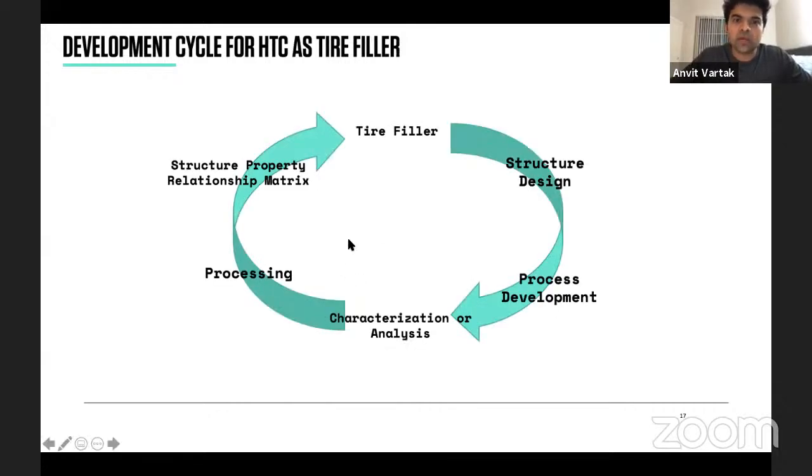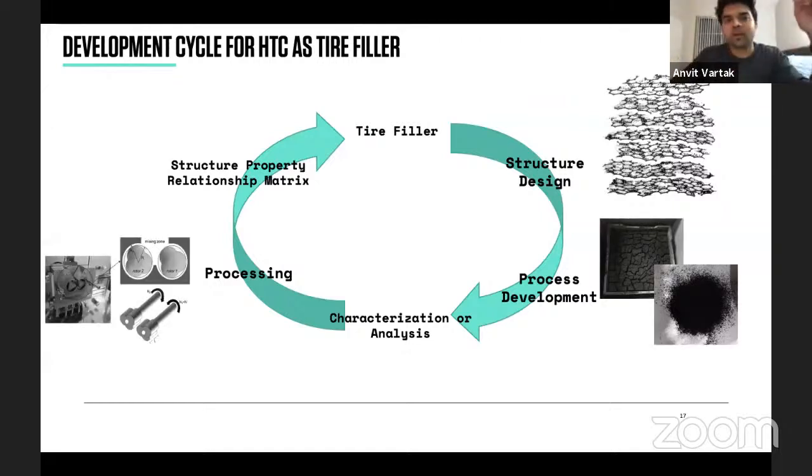So now I'm going to talk about what the general development cycle looks like. HTC is the hydrothermal carbon that I mentioned as a tire filler. So we've identified a product, we've identified a market for it. We know what our material was formed of and what properties it imparts. Now we've done all these things, but we have to get to the product and we have to define different unit operations or processes that we'll do to take us to that carbon rich product that we want to get to. So the usual cycle looks like,